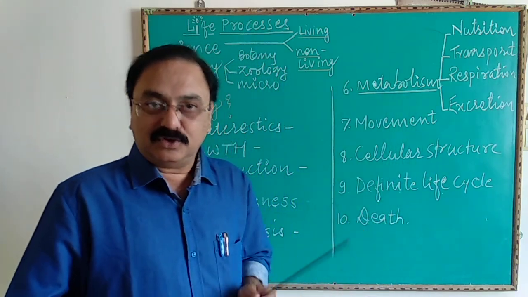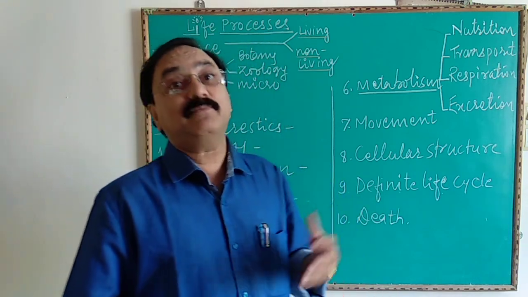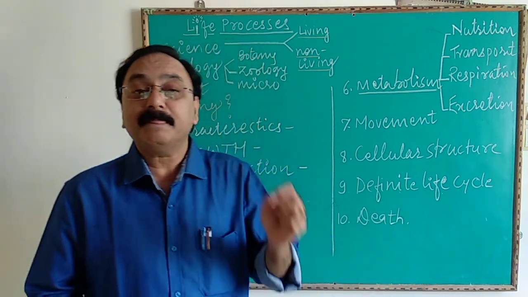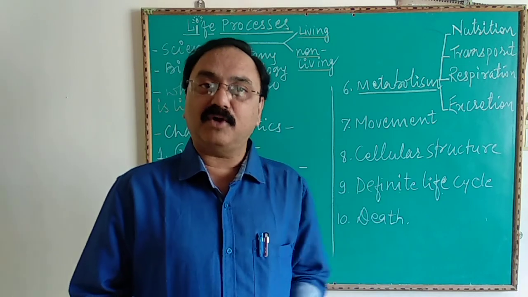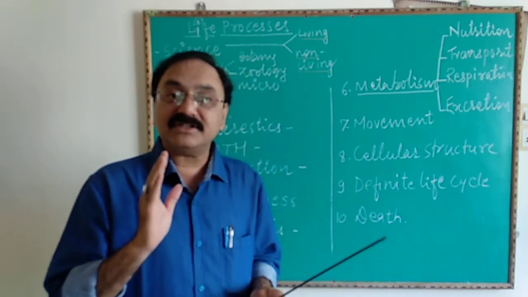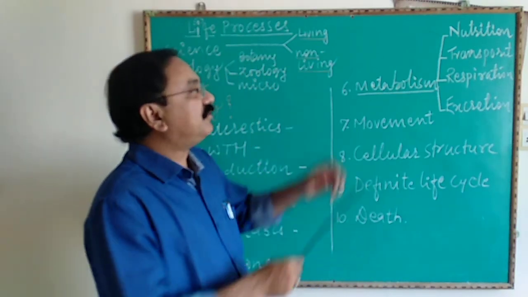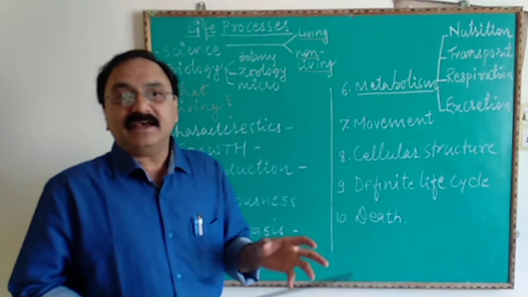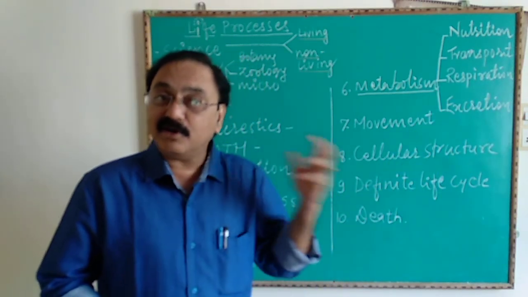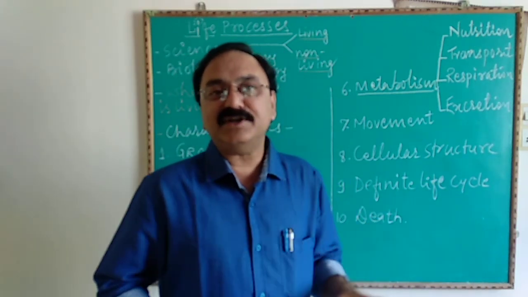respiration. You know that when a living organism is performing various activities, certain toxic byproducts are produced in the body, and these byproducts, which are toxic to the body of the living organism, need to be thrown out from the body. This process of collection, accumulation and removal of toxic waste from the body of the living organism is called excretion. And for performing all these metabolic activities in higher organisms, there are various systems present, while in a living organism which is made up of only one cell, or unicellular organism,